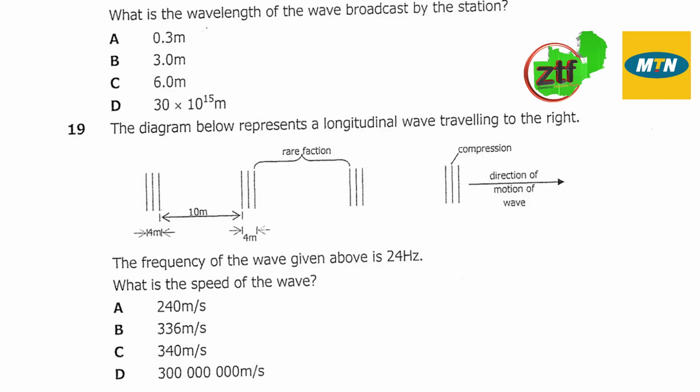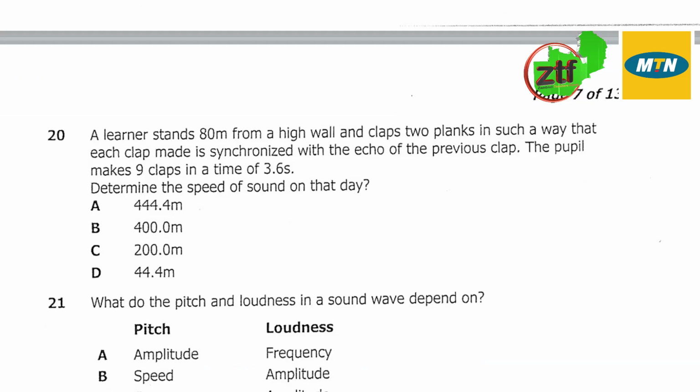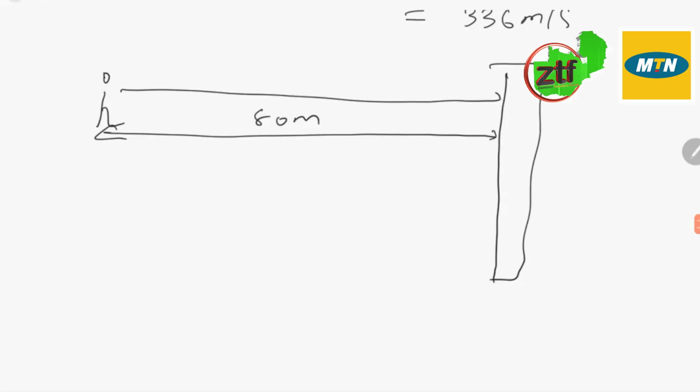So what we do very quickly is to understand what an echo is. It's the reflected sound. It goes and comes back. So viewers, this sound produced here goes and comes back here, meaning that it is covering twice the distance that